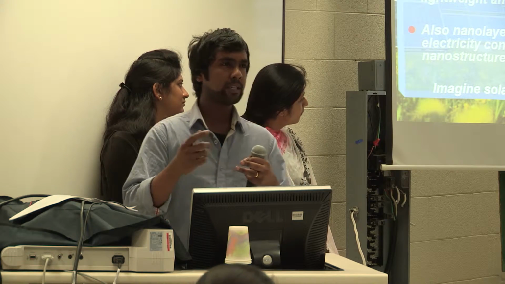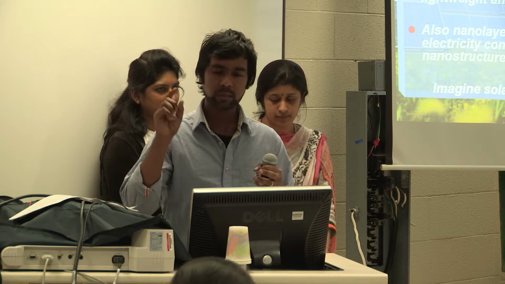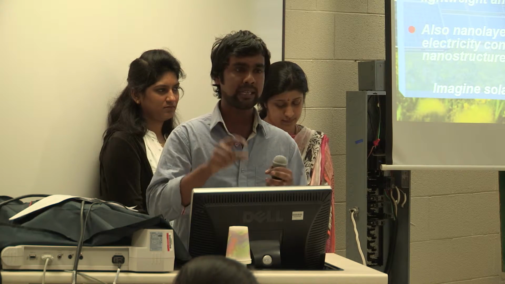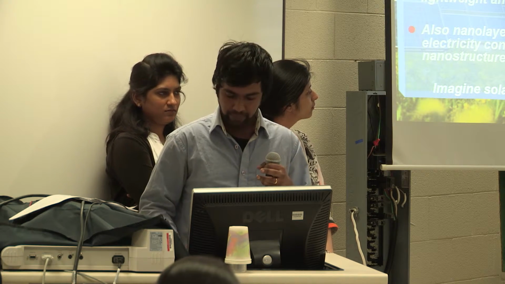The present days we use glass products, and the stands are also plastic ones. With the use of nanolayers and nanorods, they can also absorb the light and convert it into electricity. So imagine solar cells in roof tiles and sidings and paints. The nanoparticles which are used in the paints also make it durable, like lifelong durability.